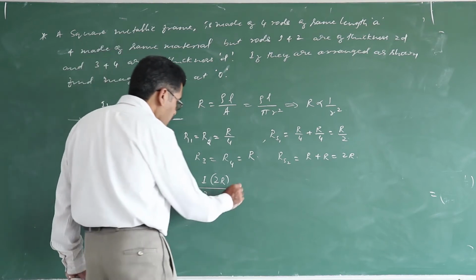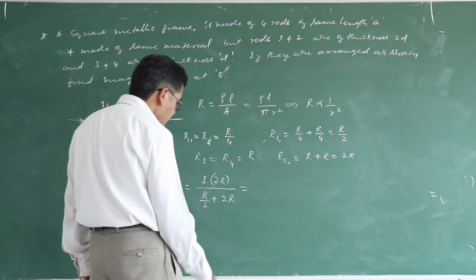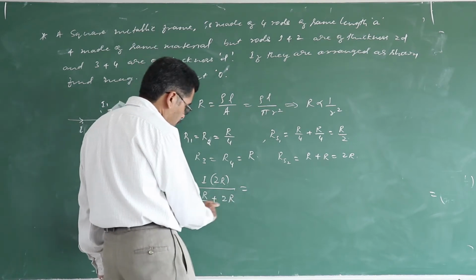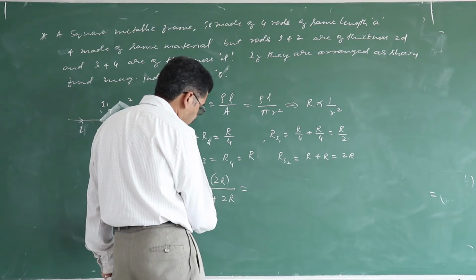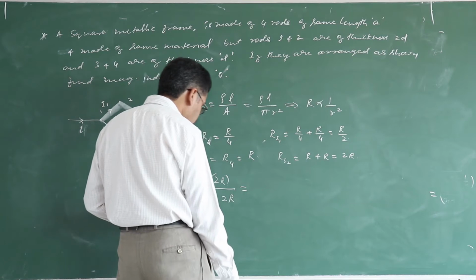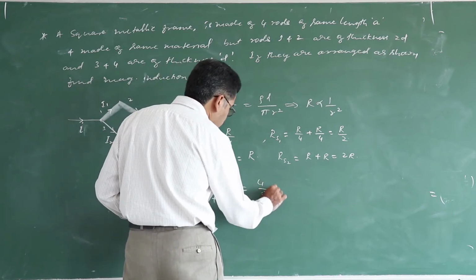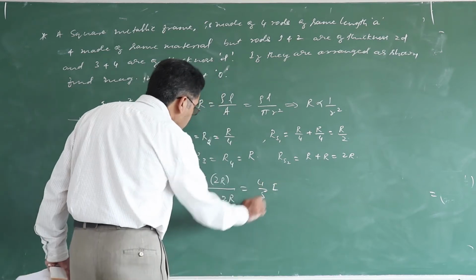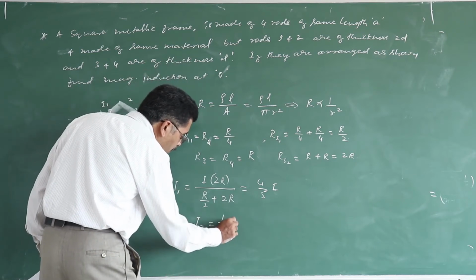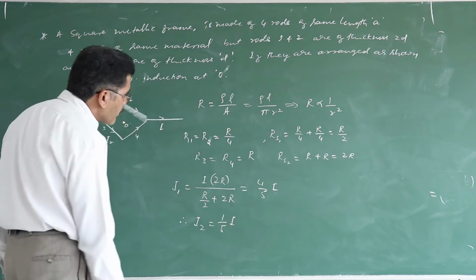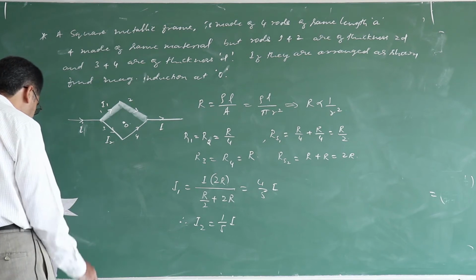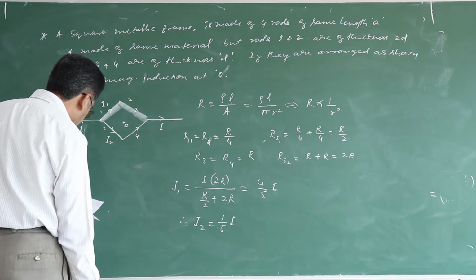See what you are going to get. When you take out R common and cancel, this is 5. So you are going to get 4 by 5 times I. Therefore, what is I2? I2 is equal to 1/5 of I. I1 and I2 are known. They have asked you to find out what the magnetic field is here. Therefore,